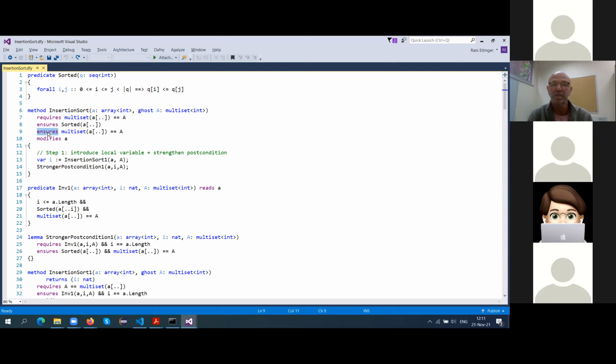And that ensures a postcondition: we ensure that the array is sorted. Okay, what is sorted? We put it here. I show them how, if we forgot about this postcondition, as Carroll Morgan says in his chapter 10, I believe, the specification wouldn't be strong enough, because then we could just assign the same value to all elements in the array, and it will be sorted. It's not a permutation of the original.